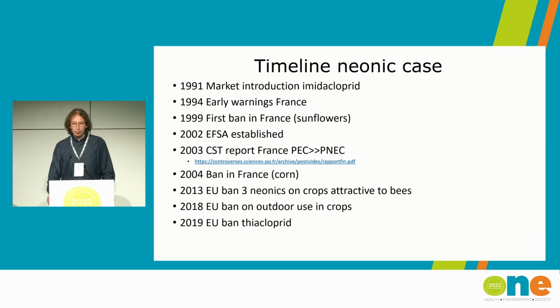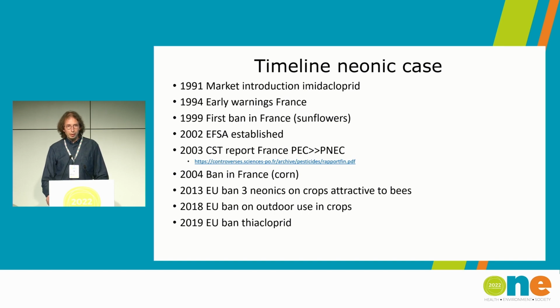So in the timeline of the neonicotinoid case, in 1991 it was first introduced worldwide on the market, and also in Europe in 1992. And then already in 1994, the early warnings came from the beekeepers in France. And then we see the first ban already in 1999, even before the EFSA was established, in sunflowers in France and later in maize. And then we see an important report in France from a Scientific Technical Committee from 2003,